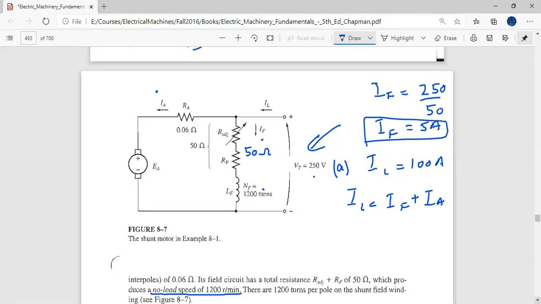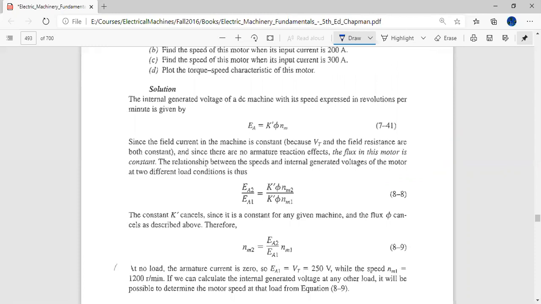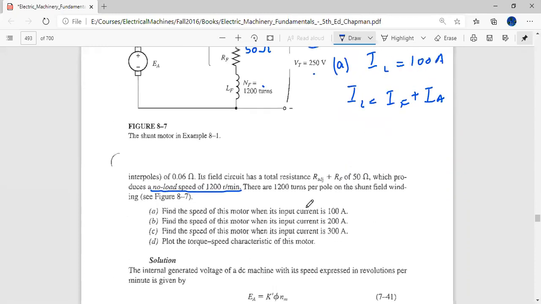And what else can I find? It says that the input current is 100 amperes. So this IL is 100 amperes and this is 5 amperes. So IA is equal to 95 amperes. Okay, so this we can find easily. And it says find the speed of this motor when its input current is 100 amperes. Okay, so now I know